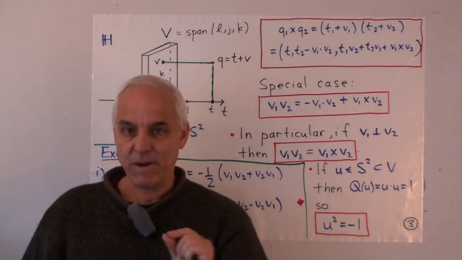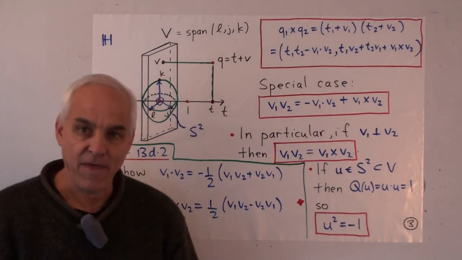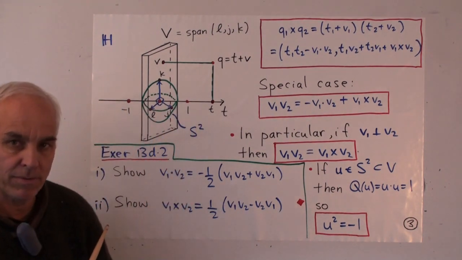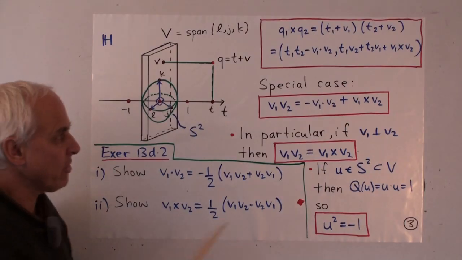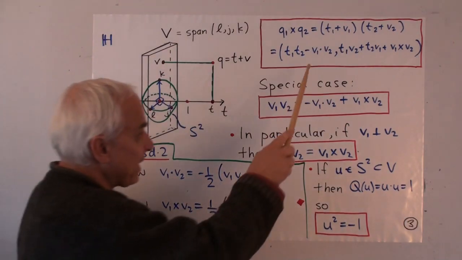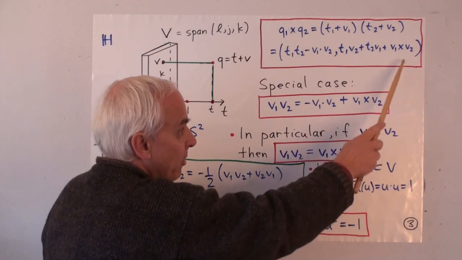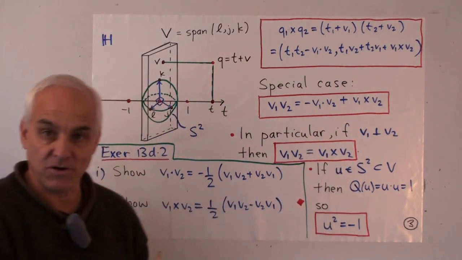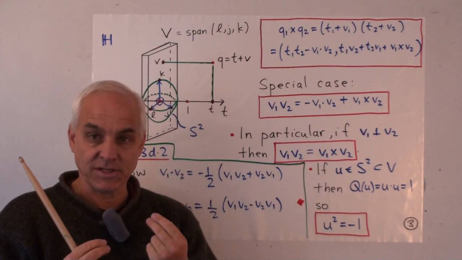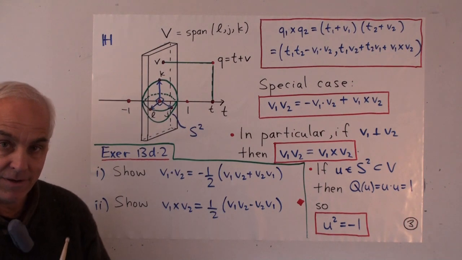Okay, so there's a very important special case. The important special case is when we have two quaternions that are pure vectors, in other words, so that their t component is 0. So imagine t1 and t2 both being 0. What would we get? Well, in that case, we just get minus v1 dot v2 for the first component, and these two would be 0, and we would just get v1 cross v2 for the vector component. So that's the special case when we are multiplying two vectors inside the quaternions, in other words, two vectors which are lying in this transversal hyperplane.